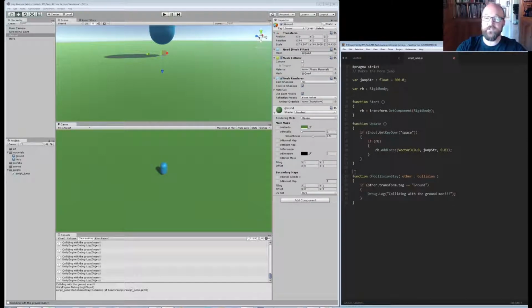Oh, okay. Just to finish up this thought, we could say isGrounded equals true, and we'll make a new variable for that. So var isGrounded is a Boolean, and it starts off false. It doesn't really matter, it's going to go true right away. And then in the Update,